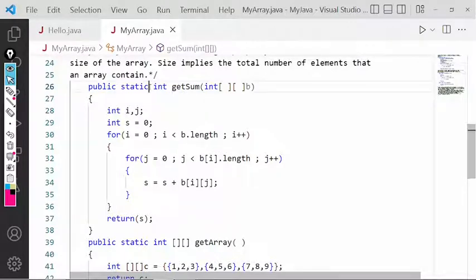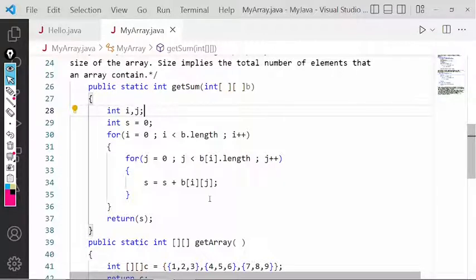That is why we have declared this as static, which is receiving one reference of a two-dimension array in b. Int i, j, int s is equal to 0. For i equal to 0, i is less than b dot length. Now what is length here? Length is an attribute of an array which returns the number of elements in an array. Getting my point?